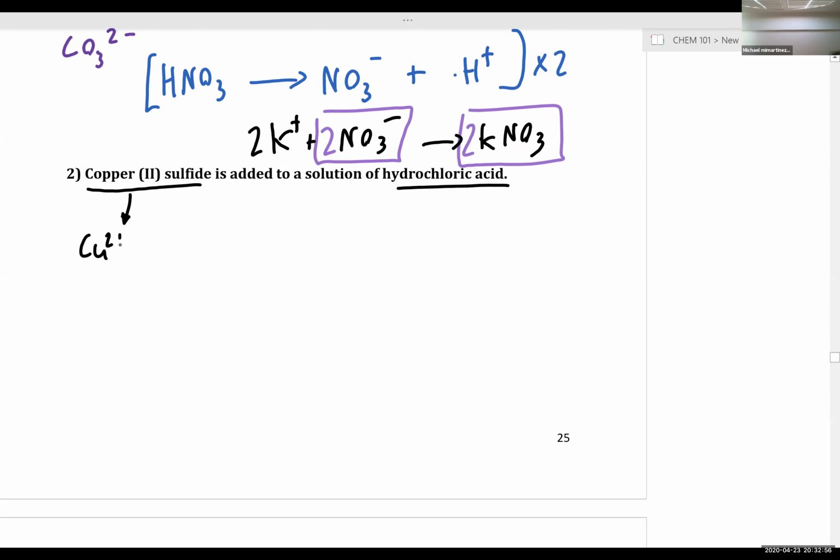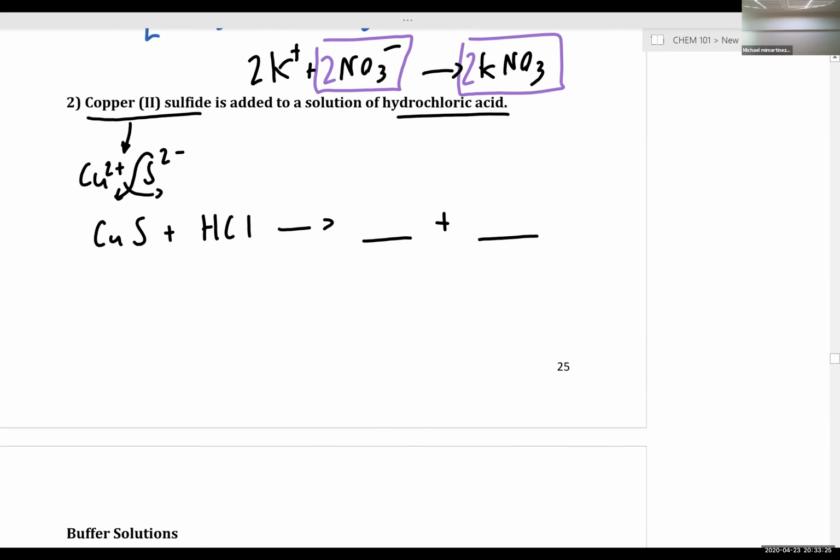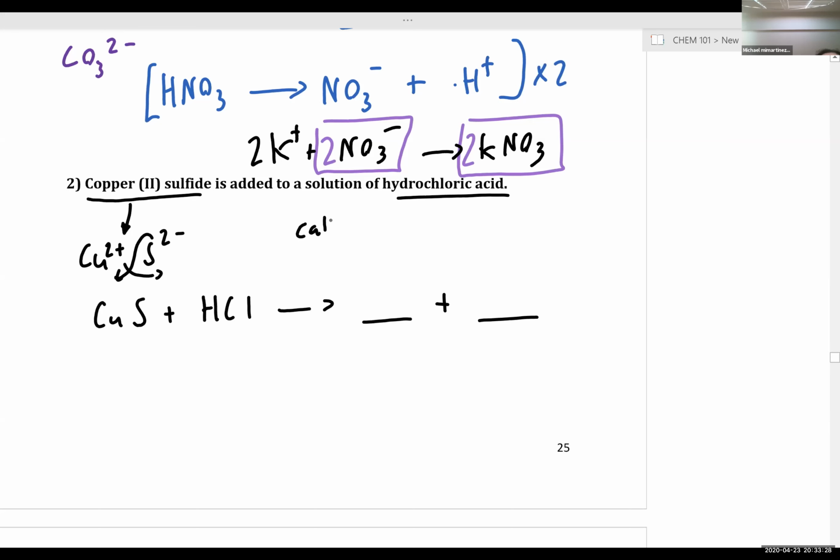CuS. So copper 2, the 2 signifies the charge. Sulfide is S2 minus. We cross our charges and we get CuS. Okay, hydrochloric acid is just HCl. And then I'd like you to predict the 2 products from this reaction. Keeping in mind, if you want to use the salt method, our cation in this case is copper 2 plus,